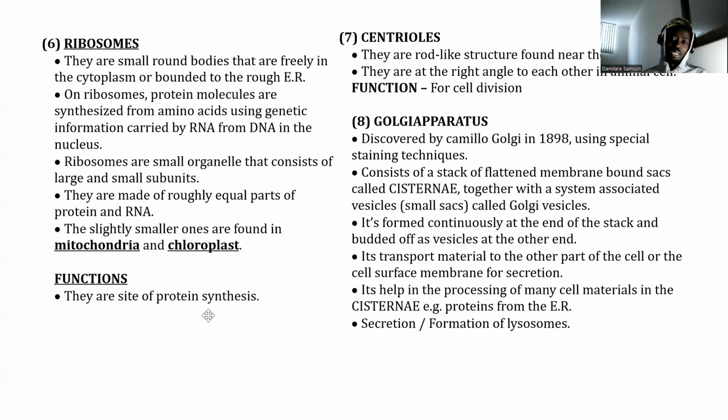Now, there are types of RNA. We have messenger RNA, ribosomal RNA, and transfer RNA. Protein molecules are synthesized from amino acids using genetic information carried by the RNA, which is the messenger RNA. Messenger RNA will leave the nucleus and come out of the nucleus. Now, on the ribosomes, we synthesize proteins from amino acids that will have